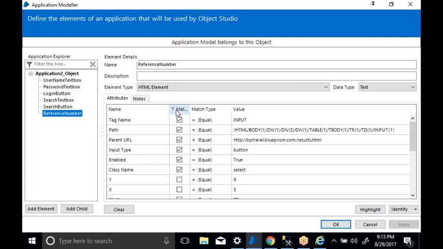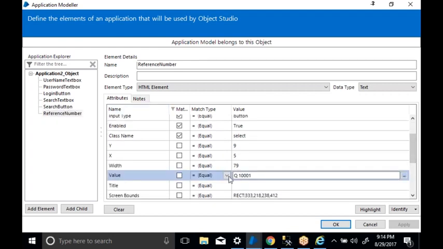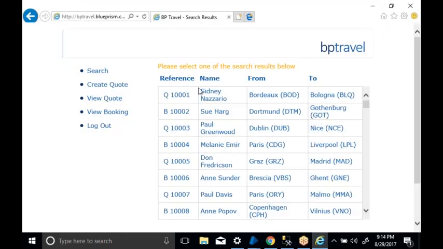You want the element of value, whatever is appearing on the screen. Now if you come here to attributes, you can see one thing called value. You can have a value. Now what is this value? This is the value whatever is contained in the application. Now I want to get this value.